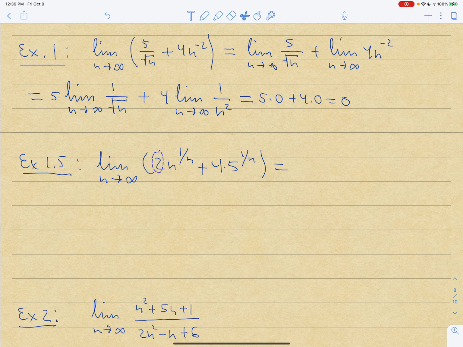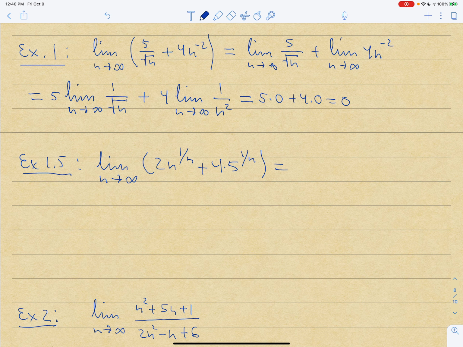So if the limits of individual sequences exist, then the limit of a linear combination of n to the 1 over n and 5 to the power 1 over n,